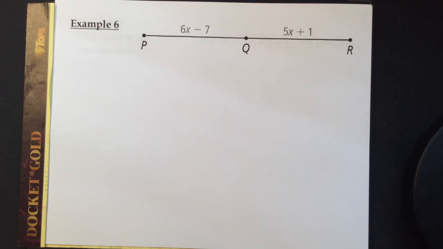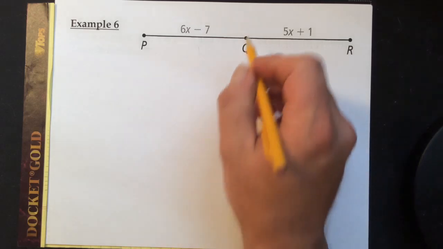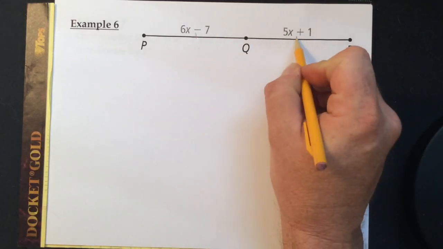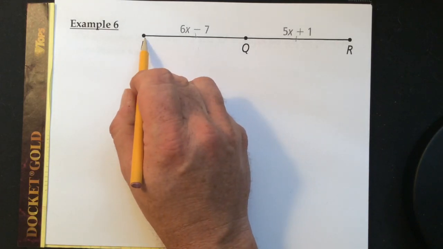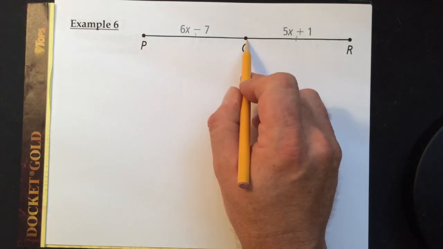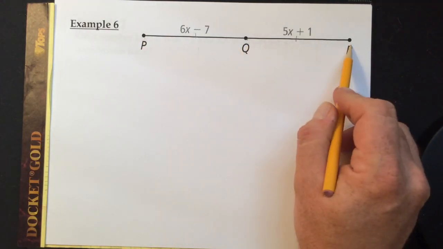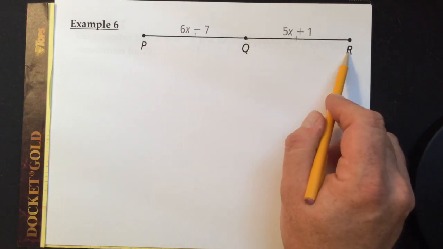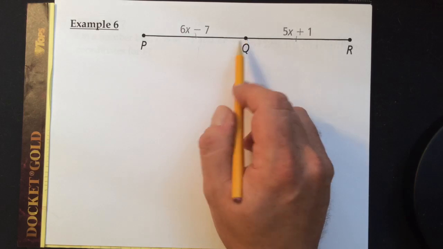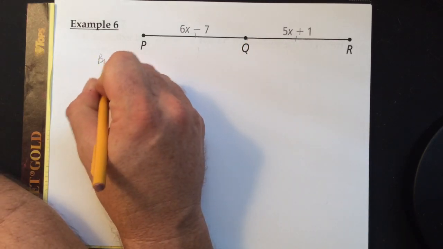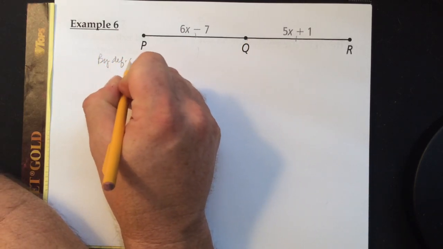Q is the midpoint of PR. What are the lengths of PQ, QR, and PR? So they want to know the numeric distance or length between these 2 points, and the first and last point. Since Q is the midpoint, we can use the definition of midpoint. So by definition of midpoint,